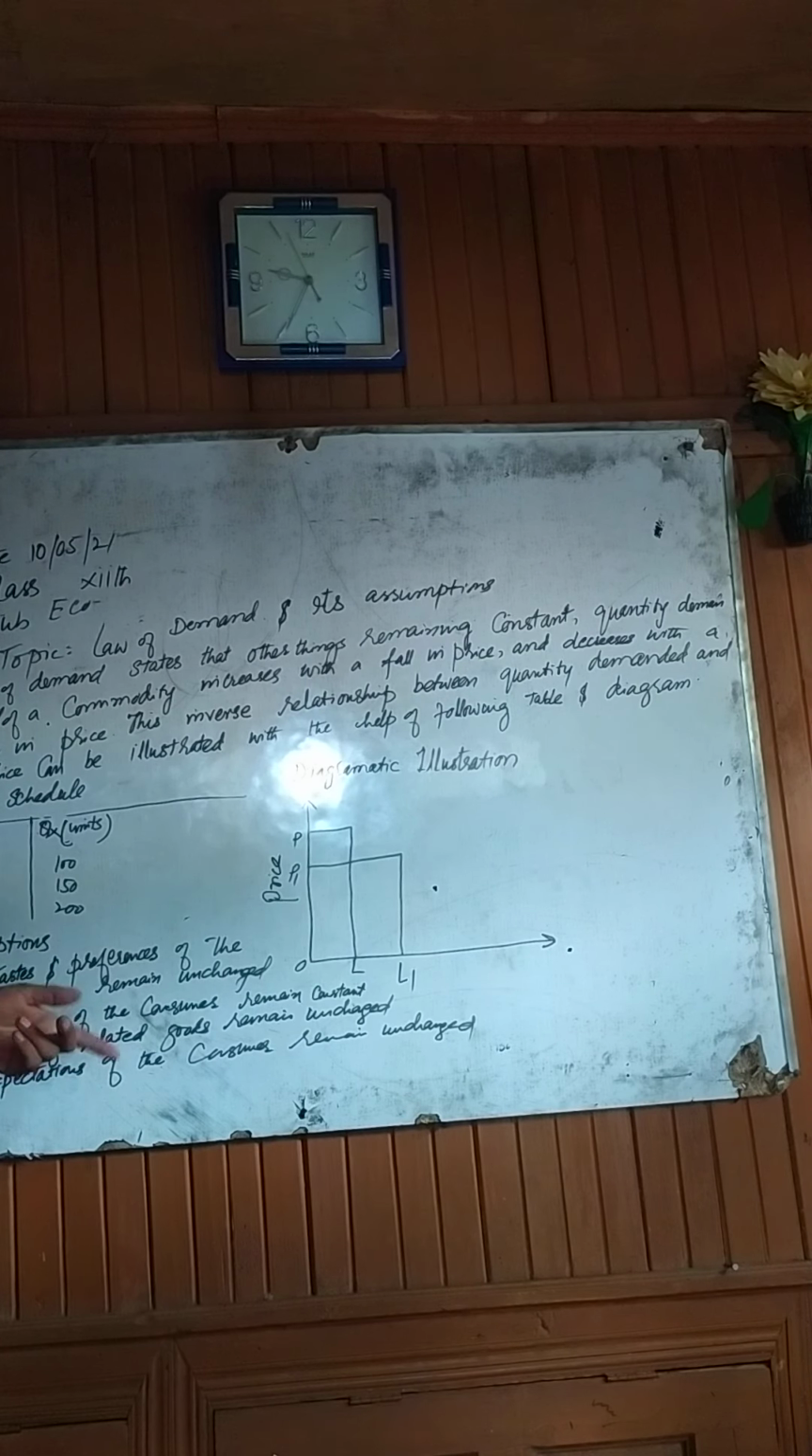Expectation means that the consumer is in an apprehensive situation. He feels that maybe in the near future the price of the same good may increase, so he will try to purchase more at the present juncture. And if he expects that more of the commodity will be purchased in the future, he will try to purchase more. In case he feels that less of the quantity will be purchased, he will